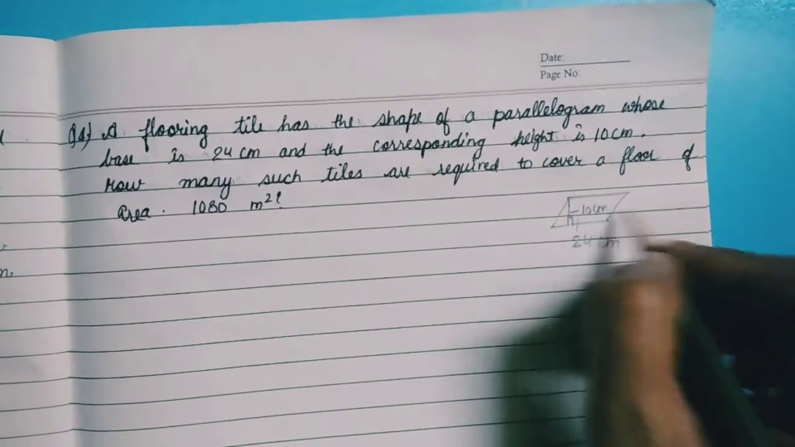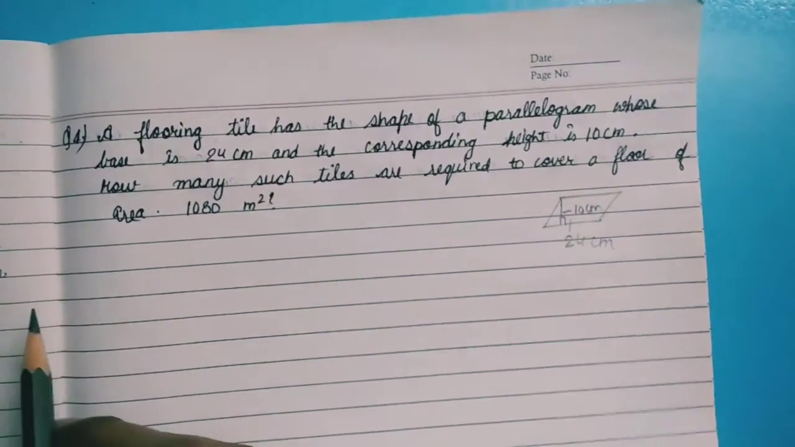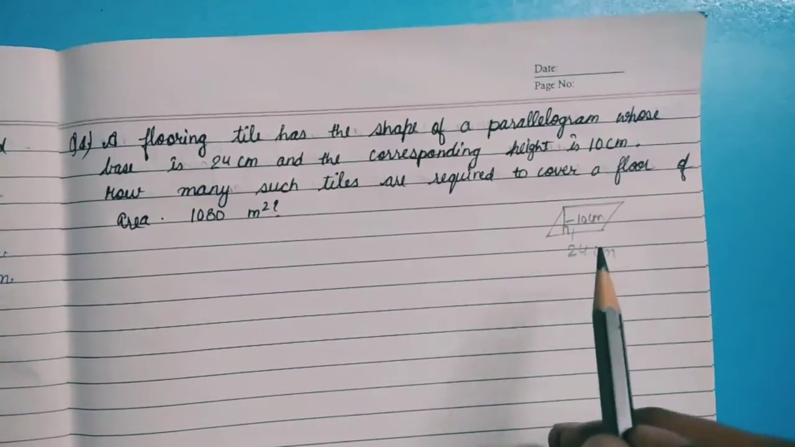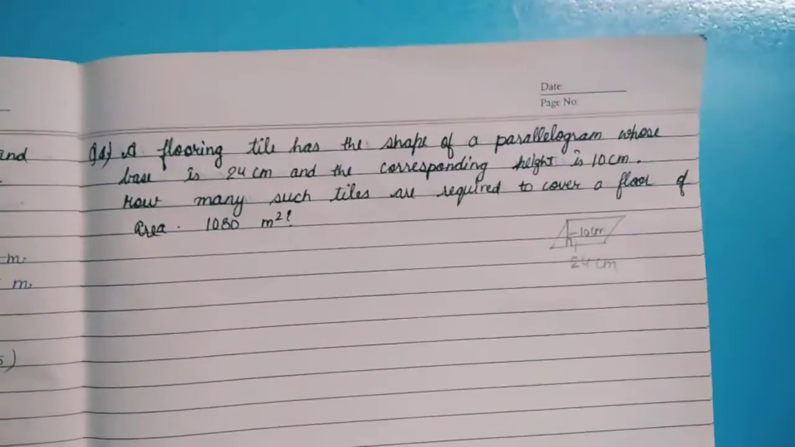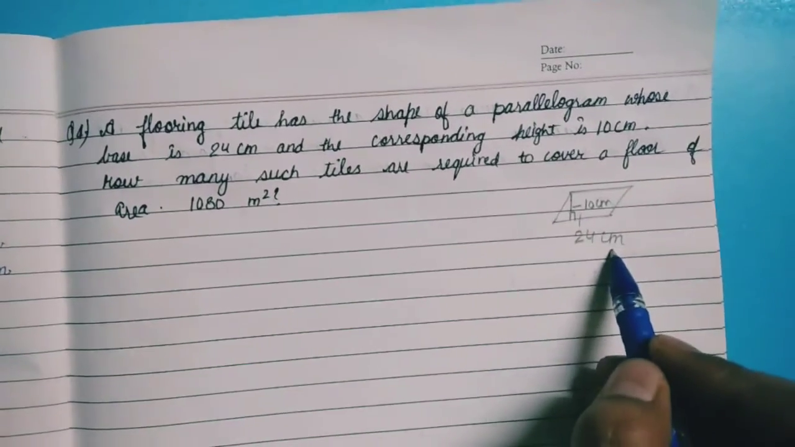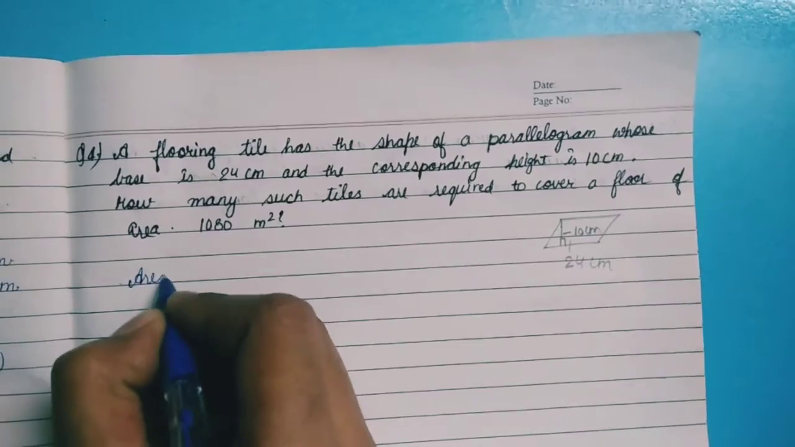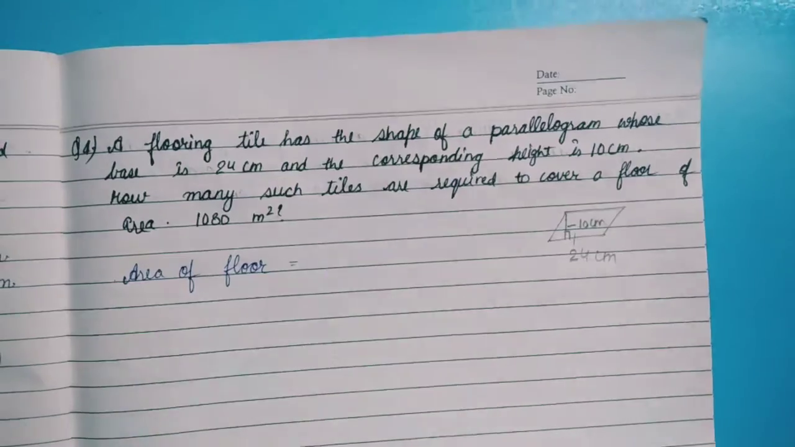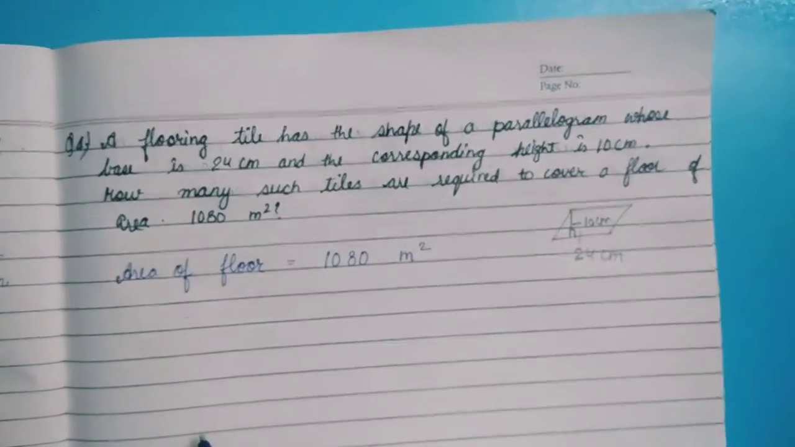10 centimeter. It means we will get the number of tiles after dividing the area of the floor by the area of a tile. Okay, so for that firstly we will take out the area of one tile. So given in the question, area of floor is 1080 meter square